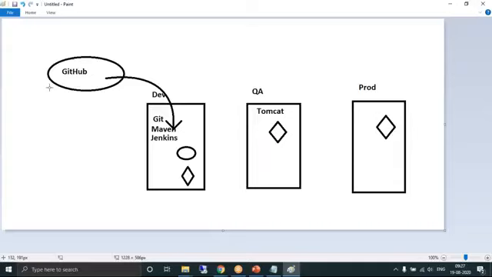Jenkins should trigger Maven to generate an artifact. Jenkins should deploy that artifact into the QA server. And Jenkins should download the testing related scripts and run them.